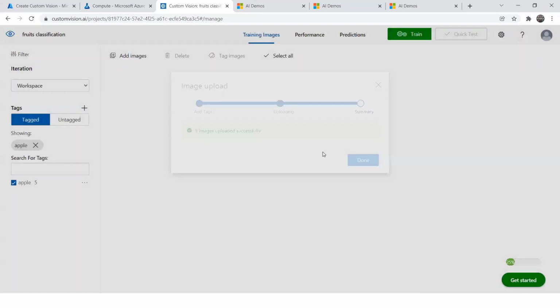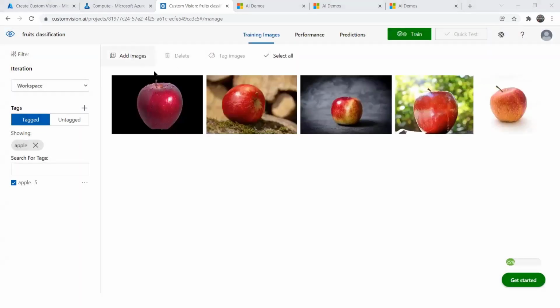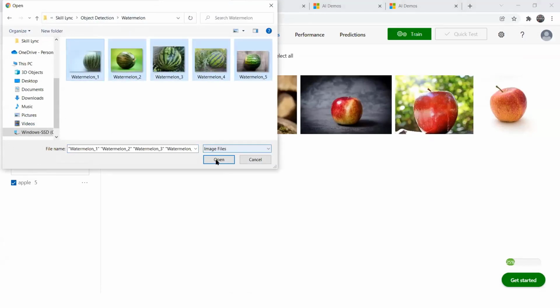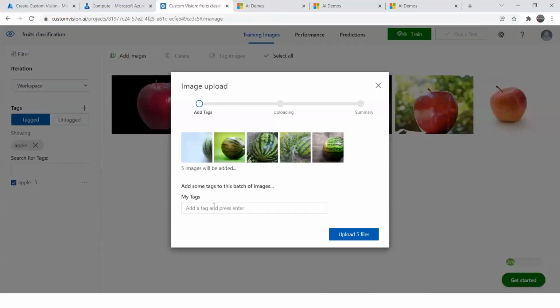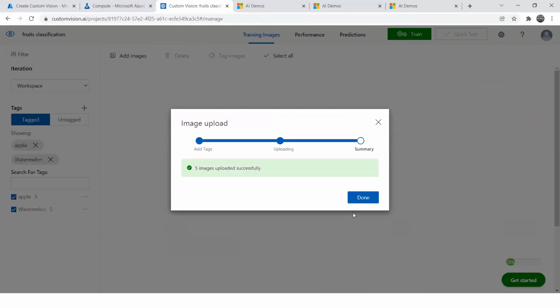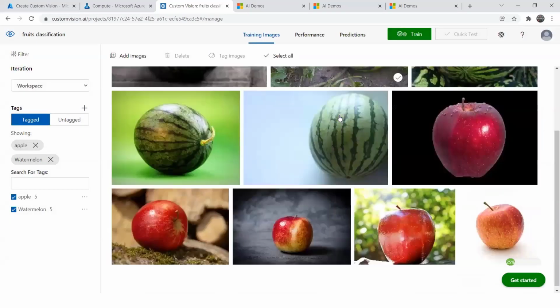Now it's done. Now let's upload the files for watermelon as well. I will upload these files and I will call it watermelon. Okay, now I have uploaded the files.